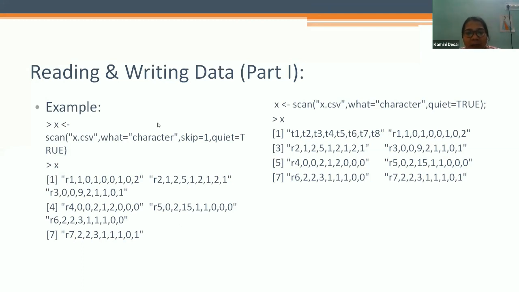Here I have given some values to that data set, from x.csv. You can type any data with commas and use this scan function, and write what equal to character. We have defined some characters also in inverted commas, so that is why I am giving what equal to character. If you are not giving any character, you just simply give a blank space.